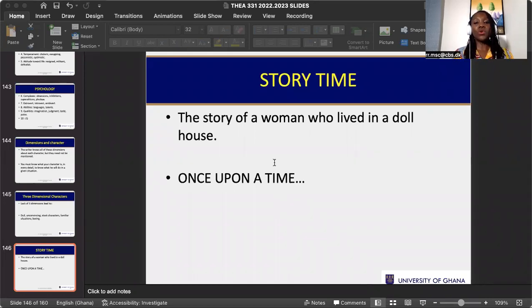Torvald, her husband, could not wait for Christine to leave. When she leaves, Dr. Rank also comes in for a cigar and some small talk. And he talks about his death. She tells Helmer to go and open his mail. Now there is a shift here because all this while she's been trying to prevent him from opening his mail. Now she tells him to go and open his mail because she's expecting the miracle to happen.